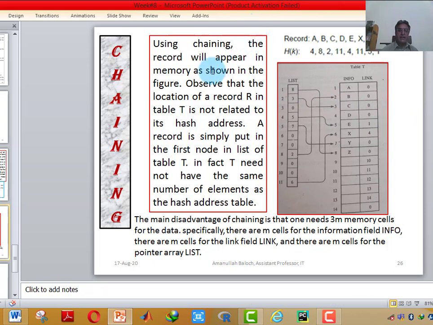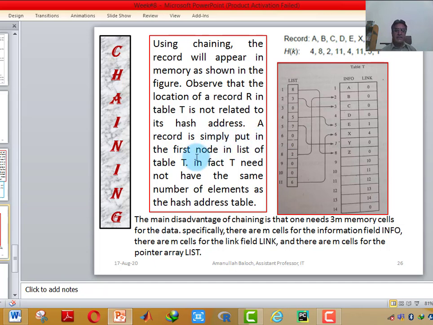Using chaining, the records will appear in memory as shown in the figure. Observe that the location of the record R in the table T is not related to its hash address. Let's suppose A is not stored at its hash address, but A is stored at 1, B is stored at 2, C is stored at 3, the fourth record is stored at the 4th location, while their hash addresses were different.